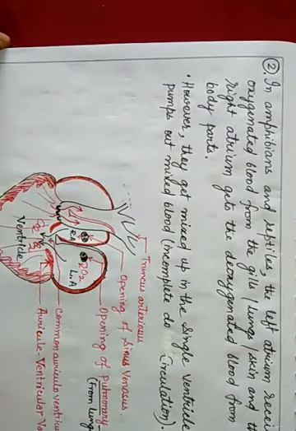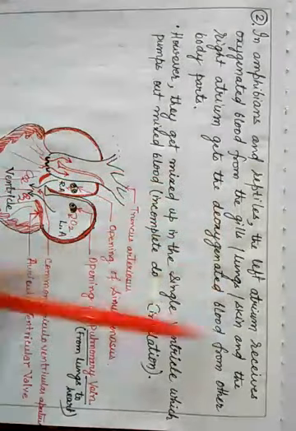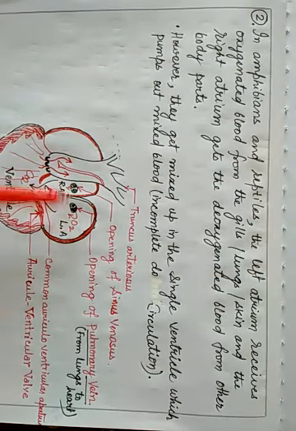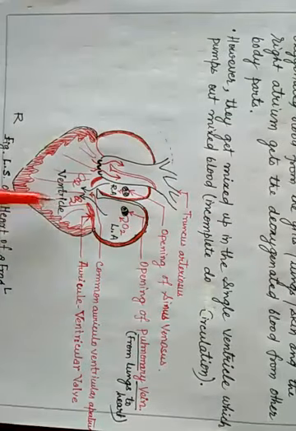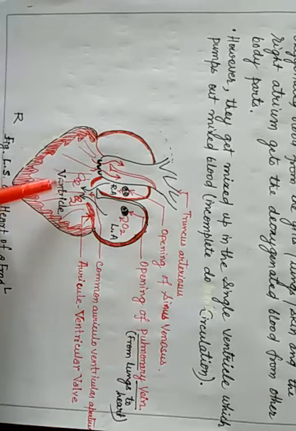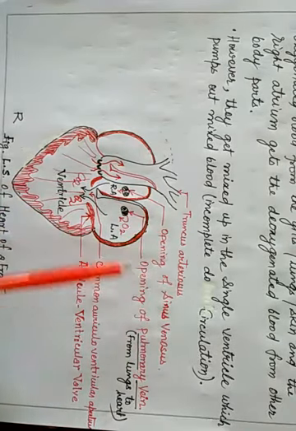Now the second part. You can see in the second part, amphibians and reptiles. Amphibians and reptiles have a three chambered heart, two auricles, first and second auricle, and a single ventricle. So in this three chambered heart, you can see this is the truncus arteriosus, this is the opening